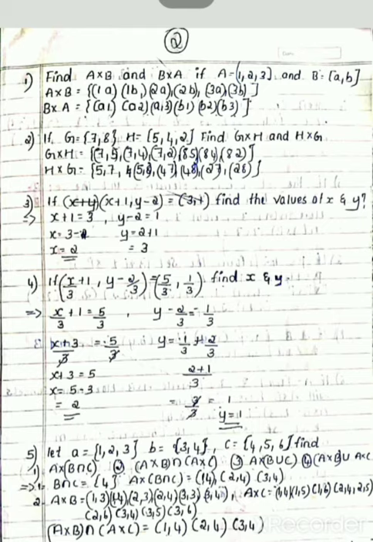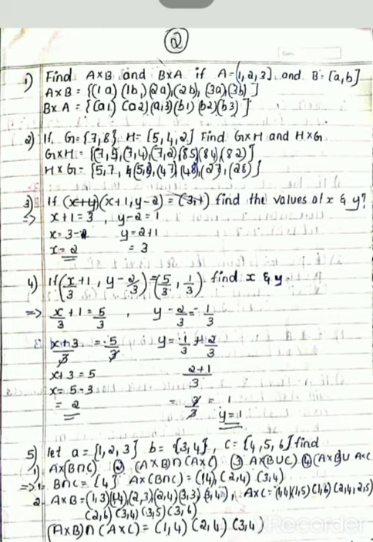So what is B intersection C? It is the element 4. Next, A cross (B intersection C) you have to find. So you have to take the cross product. First consider the set A, capital A, which is 1, 2, 3. B intersection C is 4. So A cross (B intersection C) is 1, 4, 2, 4, 3, 4.